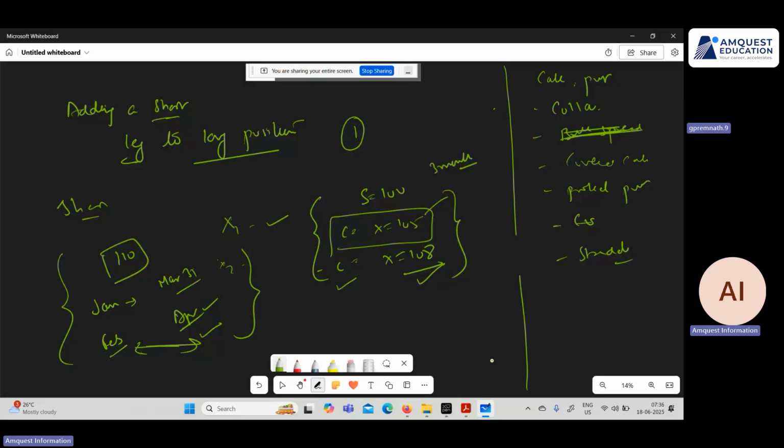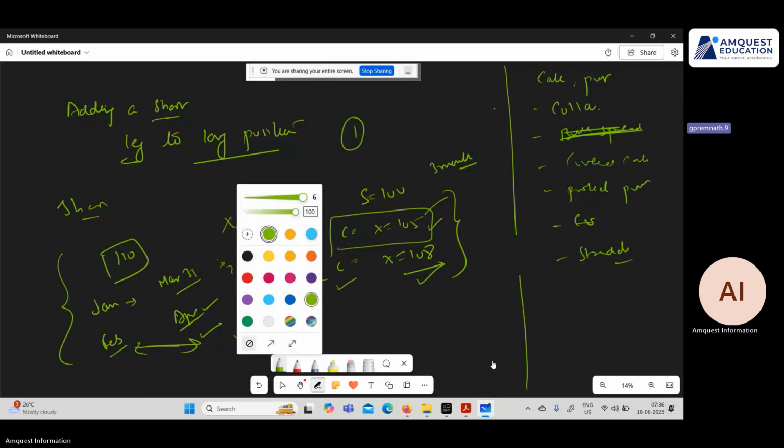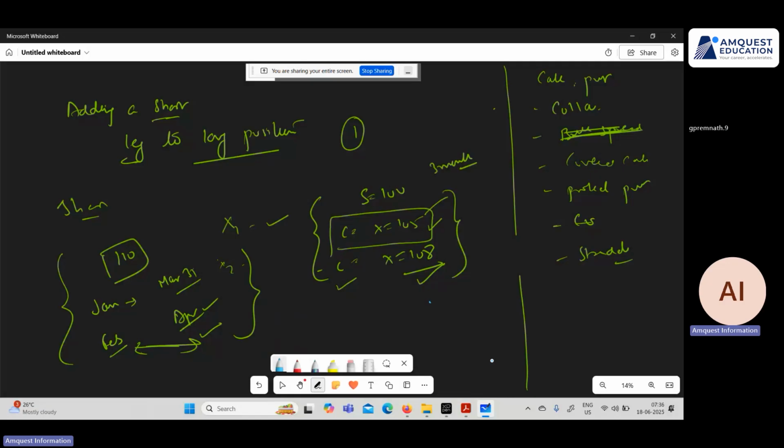Also, the other way around. I just want to talk about the other way around as well. Let's say he is at 105, and if he thinks that the price is not going to go any further, and if he sells the call at a strike price of 106, then he can earn a lot of premium, right? If the price is at 106, and he sells a call for 107, he can earn even more,